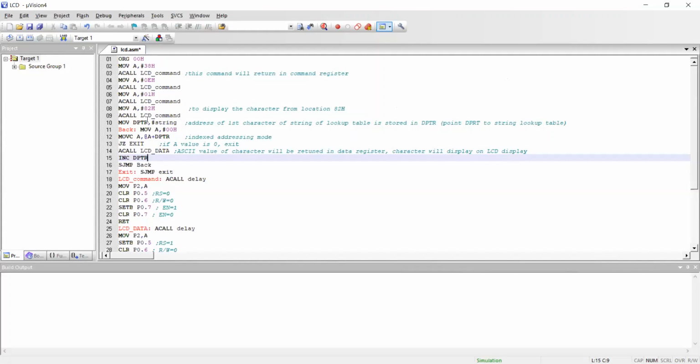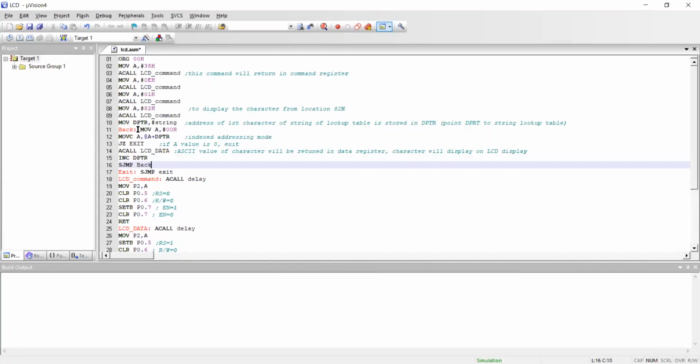That means for Ganesh, it displays G, then goes to A, displays A, then N, after that E. So DPTR should be incremented and the program will continue. That's why it's in a loop. SJMP back, so it will come back here.